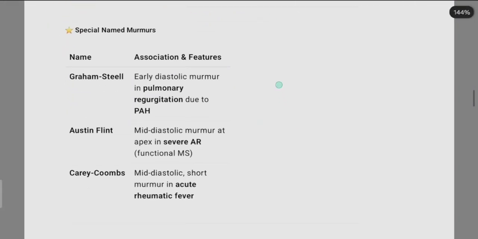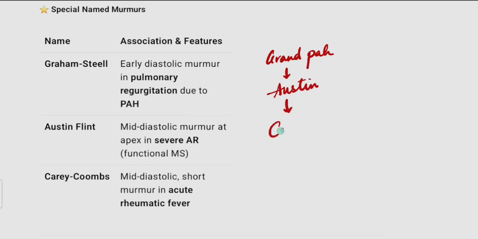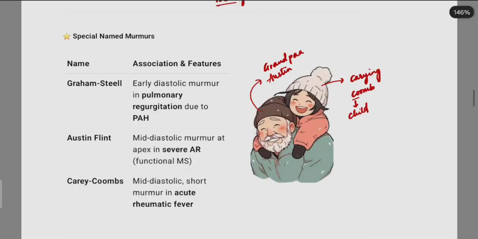Next, let's see a few special named murmurs. We have grandpa. How we're going to remember is there's a grandfather, so we remember grand instead of father, grandpa. His name is Austin, and he's carrying a child, okay? That's how we're going to remember. So we're going to remember this grandpa with this picture, and with grandpa we'll remember Graham Steell murmur, seen in pulmonary